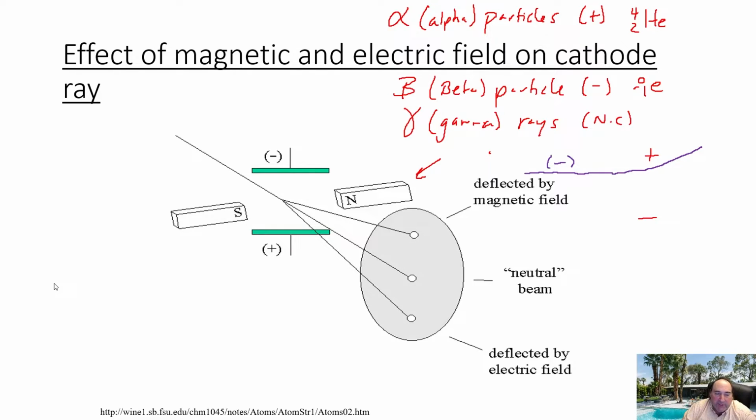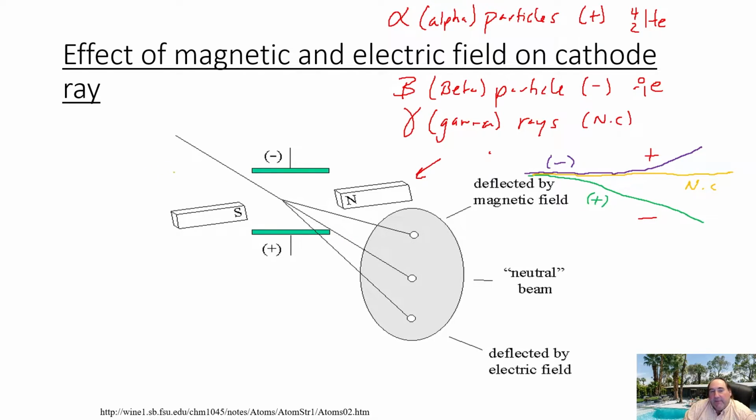Just like if we shot a particle and it bent towards the negative part of the electrical field, or was attracted to the negative part of the electrical field, we would know that that particle was a positive particle. And lastly, if we shot a particle and it just went straight, and it really wasn't attracted to the positive side or the negative side, we would know that it carries no charge.